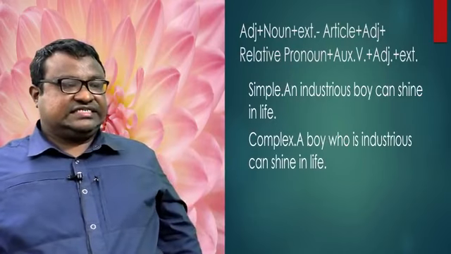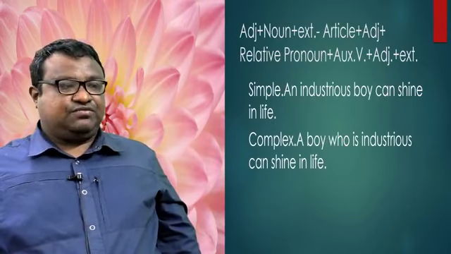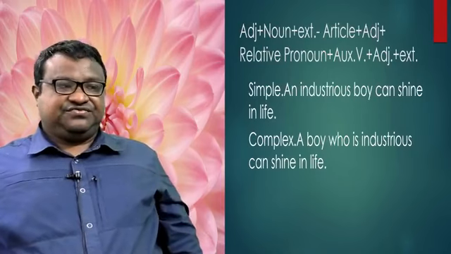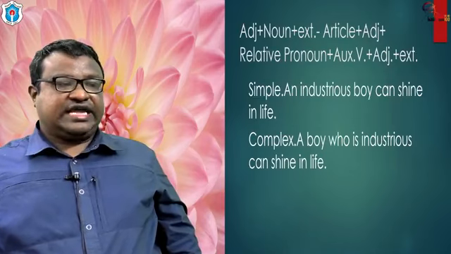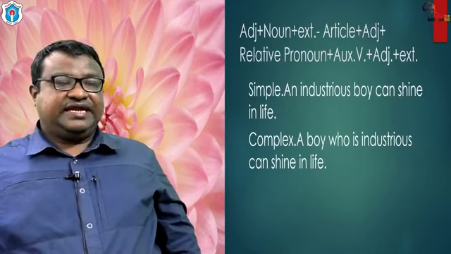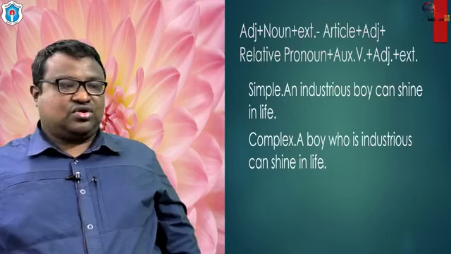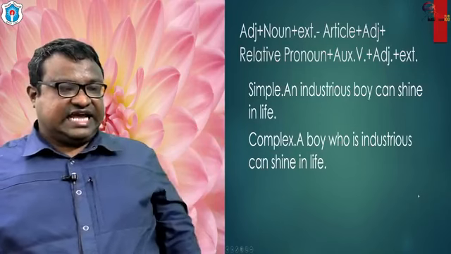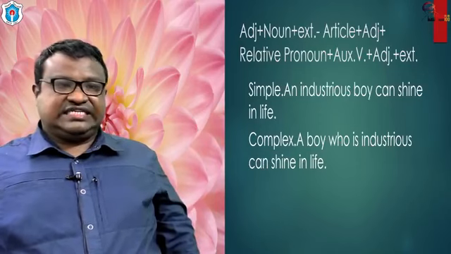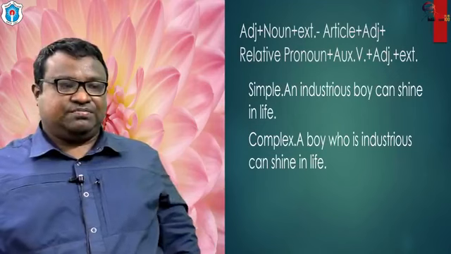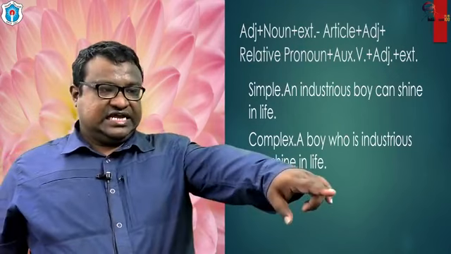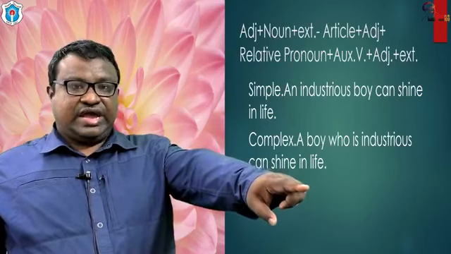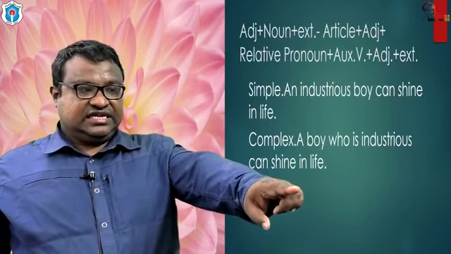The second one is adjective plus noun plus extension. So a sentence with an adjective: "An industrious boy can shine in life." It will be turned into complex in the following formula, that is article plus adjective. So when we see the example, that is how we have turned it into complex: "A boy who is industrious." So at first the article, then the adjective,